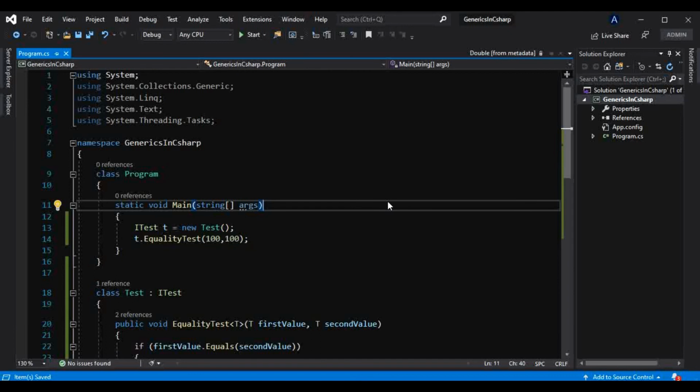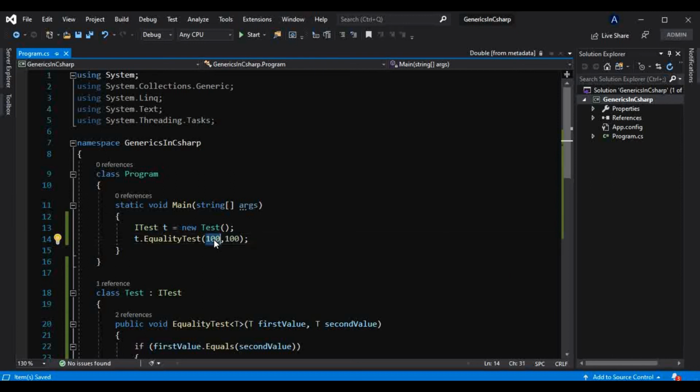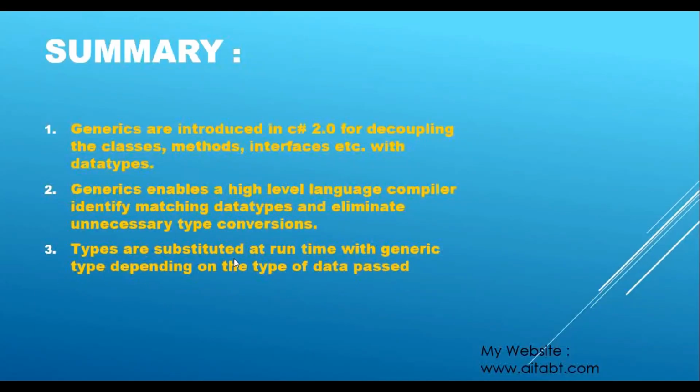So how would the compiler know that this is of type integer? That's what the compiler finds out at runtime. As you can see, types are substituted at runtime with generic type depending on the type of data passed, and that's how the compiler finds that.